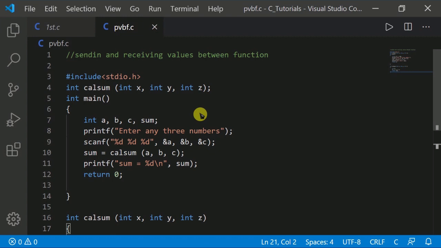So in the definition of calsum, void has been replaced by int.